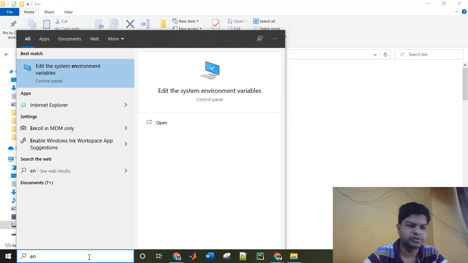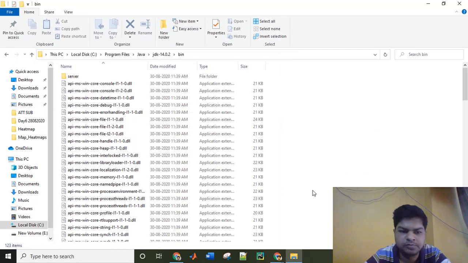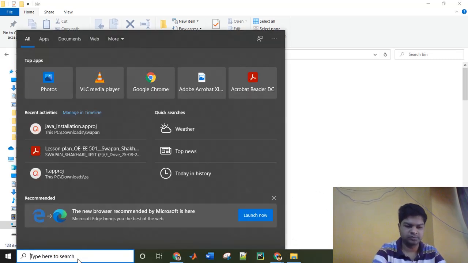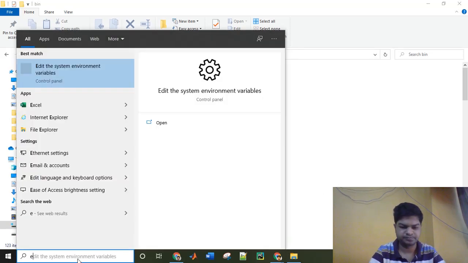So you can see, edit the system environment variables. Click on this. So the step is to go to your search bar and type environment variables.